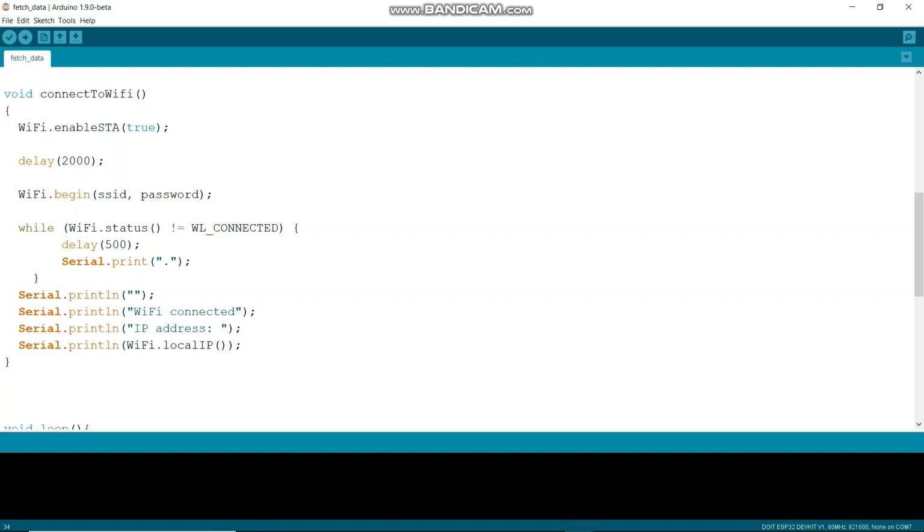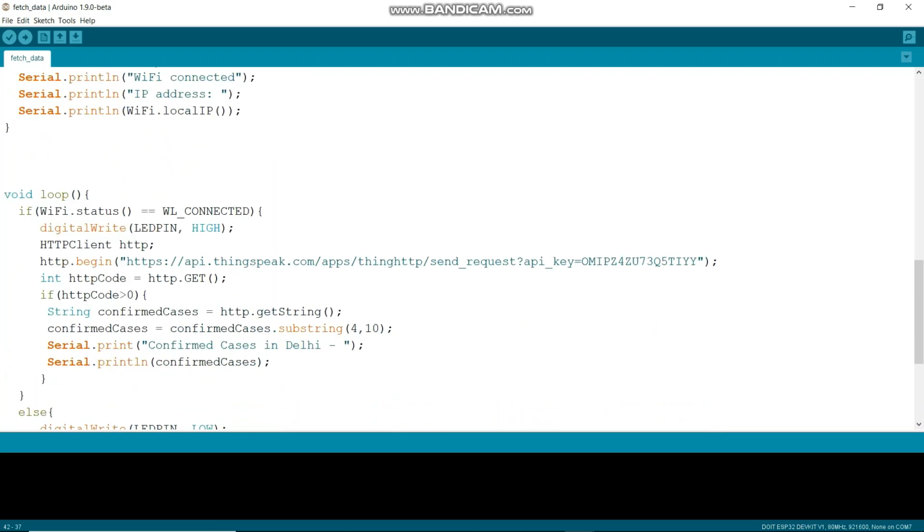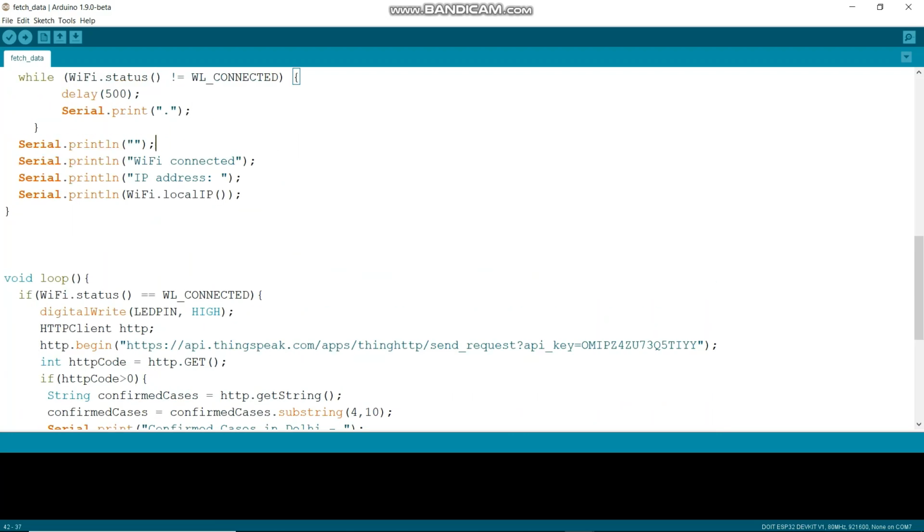Then this code will run, and it will print dots at every interval of half a second. But as soon as you connect to the Wi-Fi, you will get this four-line message, which says Wi-Fi connected, IP address, and this is your IP address. So you will get that message, and till now you have connected successfully to your Wi-Fi.